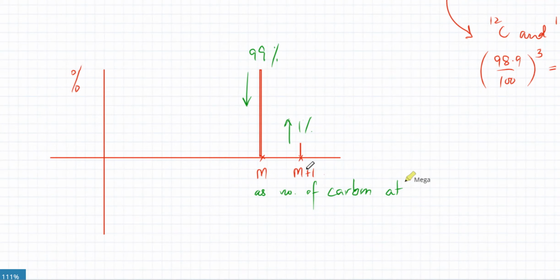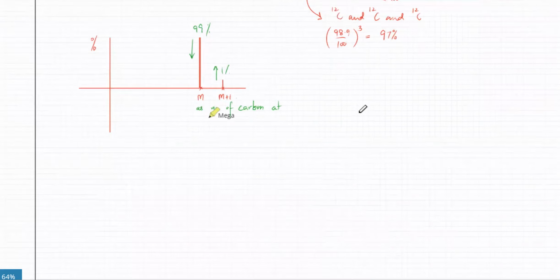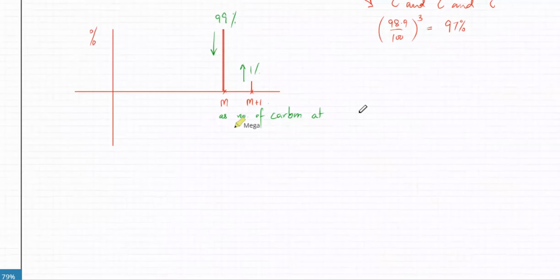So by just looking at this ratio, you'll be able to figure out how many carbon a molecule has. तो उसका एक फॉर्मूला कर लेते हैं, ठीक है? रिमेंबर, प्रोबेबिलिटी का जो नॉलेज है, that is not required, लेकिन in one question at least it was actually required. तो ये थोड़ा सा आइडिया होना चाहिए,